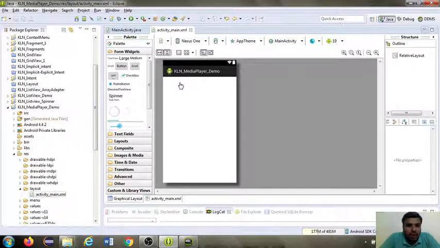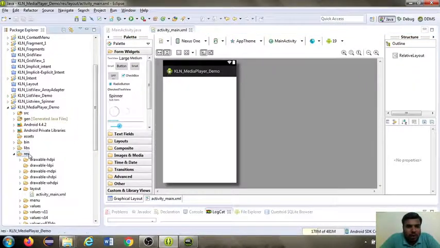Now you have to write the business logic for creating a media player. It is a known fact that in order to create a media player, we need some audio file. So before we start writing the business logic for our media player, we have to load an audio file into our project. To load that audio file, you have to follow some procedure, so I am going to tell you that procedure.